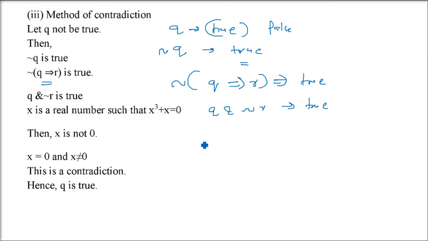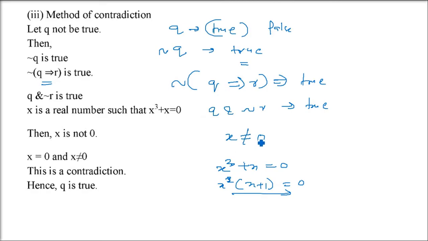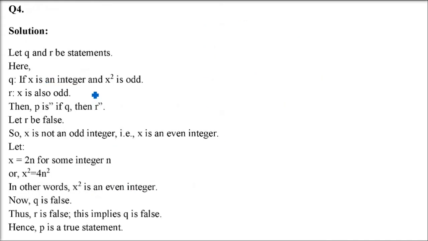Let us assume that X is not equal to 0. So when X is not equal to 0, what will happen? X cube plus X, you can take X common, X common, not X square. Okay, this is a mistake, I'll just clear it. So we have X into X square plus 1. If you are saying X is not equal to 0, I just told you that when I put 2 also, we didn't get 0. So X into X square plus 1 will always be 0 when X is 0, and if X is not equal to 0, it will never be 0. So this is a contradiction.